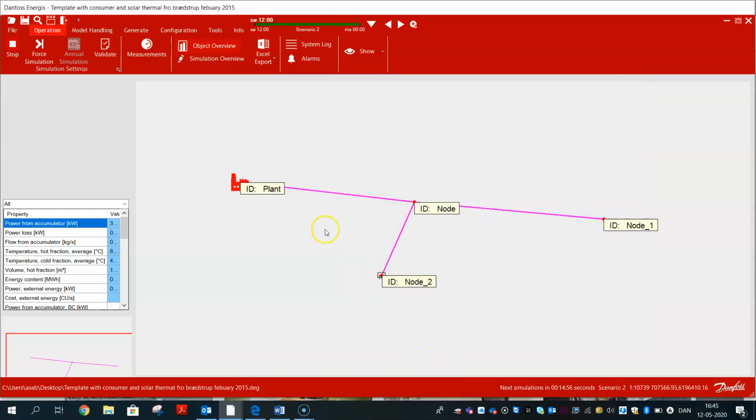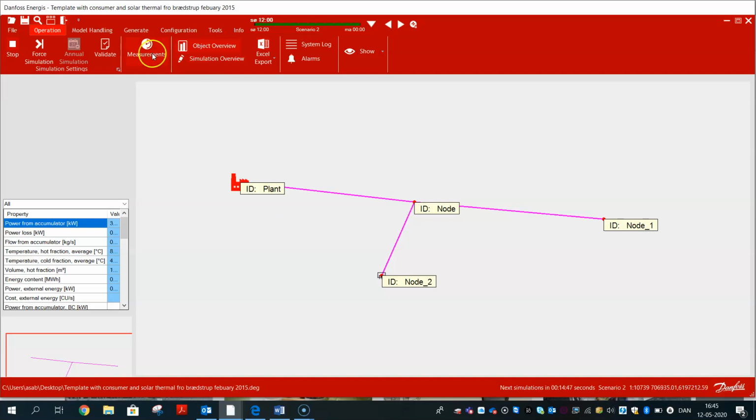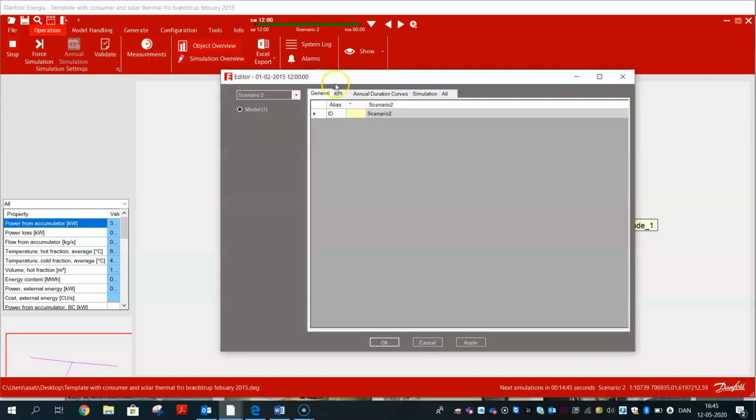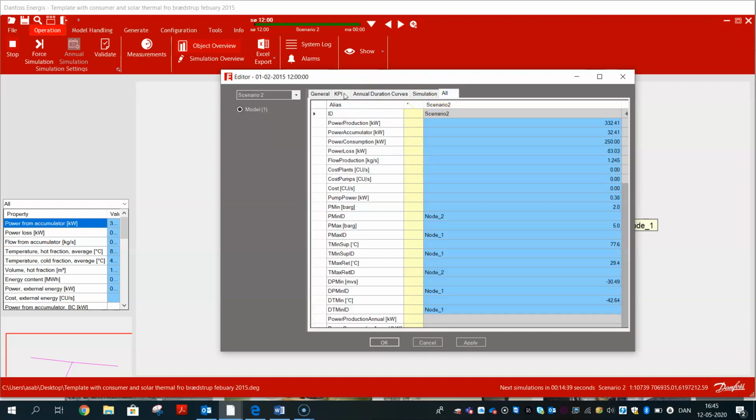There's perhaps one tool more I would like to show you. This one here is called simulation. Okay, simulation overview. So you actually get a lot of information, and you can,